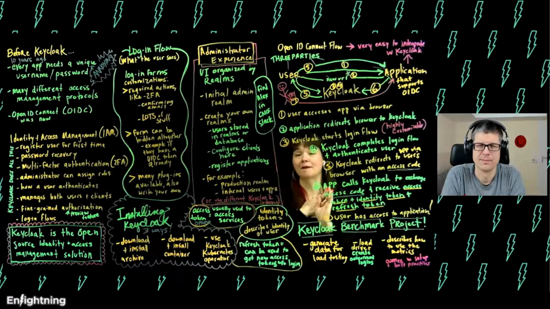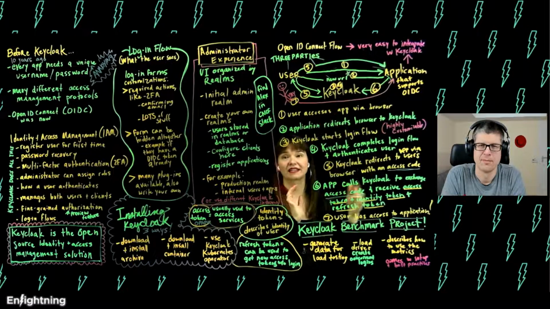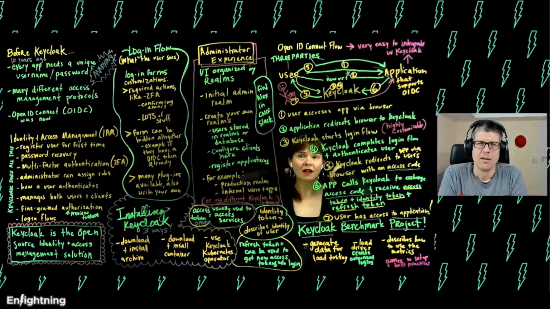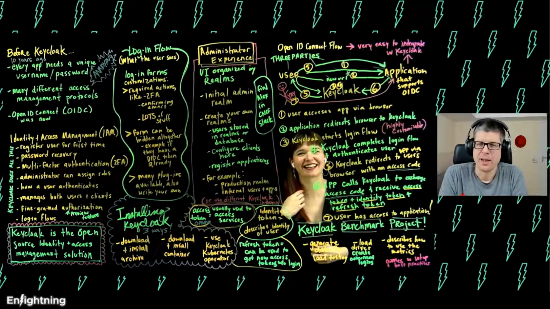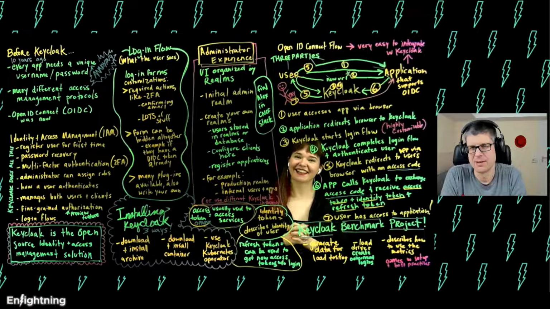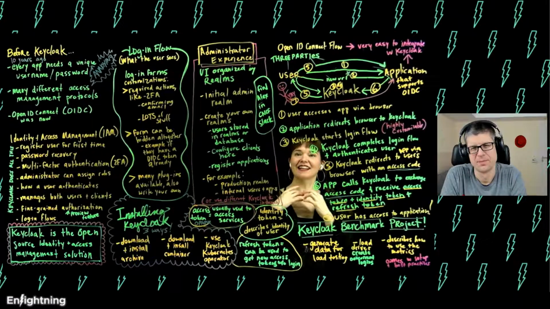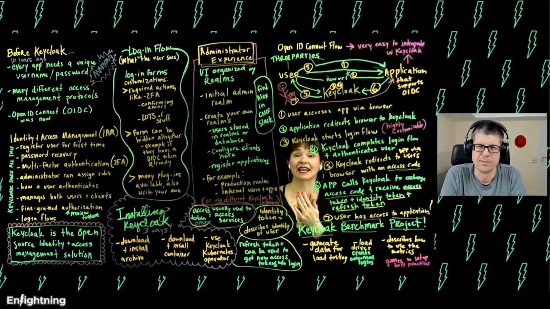And there were many different access protocols being used for different applications. The OIDC, the OpenID Connect standard, was just new. We never said this explicitly, but OIDC is a standardization for a process for authenticating users to applications. Is that correct? That's the main use today, but there are more aspects to that. Yeah, I think that's one of the main uses. So we have a standardization that is prevalent today that was just starting to exist back then.